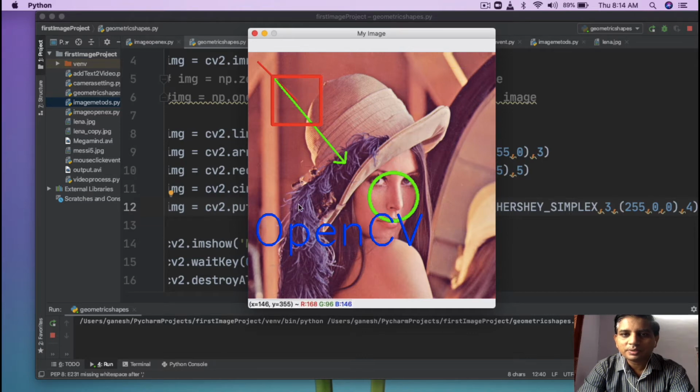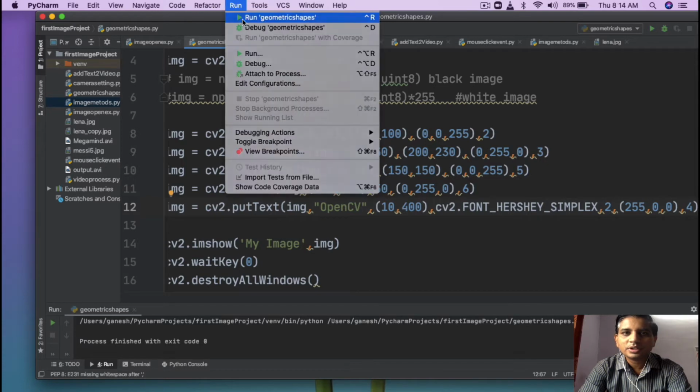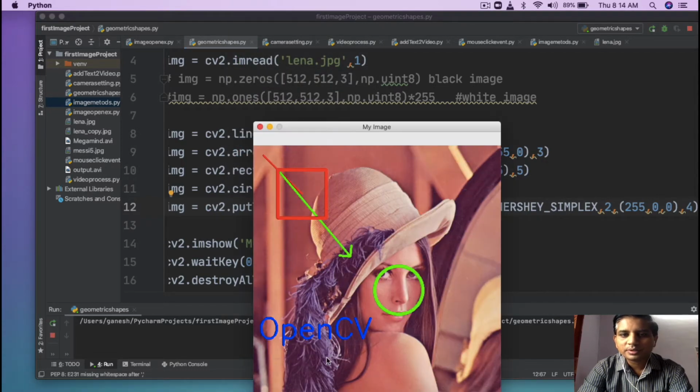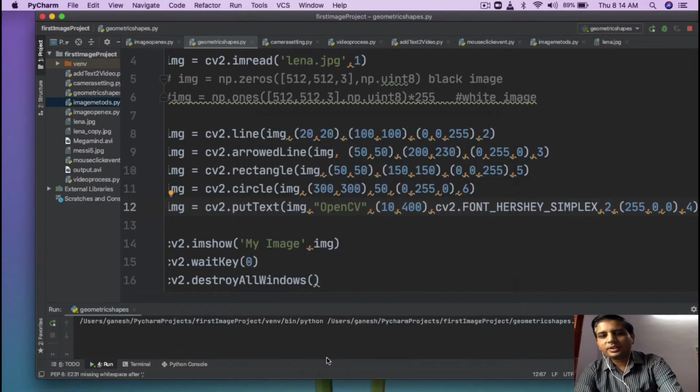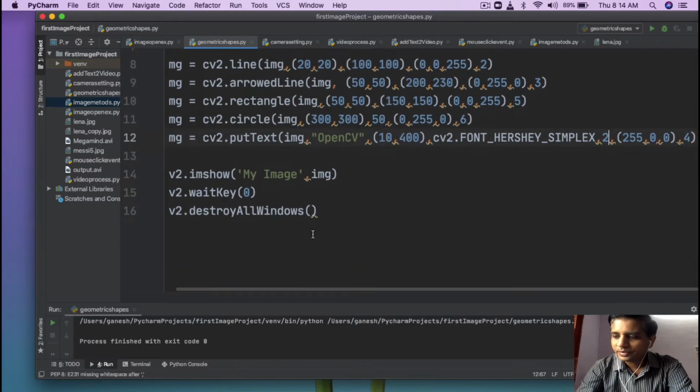You can now play with this. You can actually change the font size. If I change the font size to 2, then just check it, your font size becomes smaller. Okay, so depending on whatever font size you give, that text will be displayed on your image.